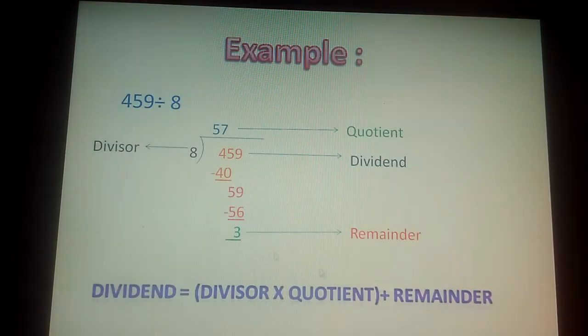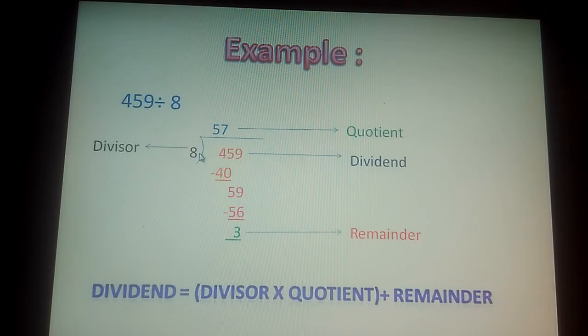I will explain with the help of an example. Suppose we are dividing the number 459 by 8. So 459 is the dividend, 8 is the divisor. After dividing the number by 8, we will get quotient and remainder. So we are dividing